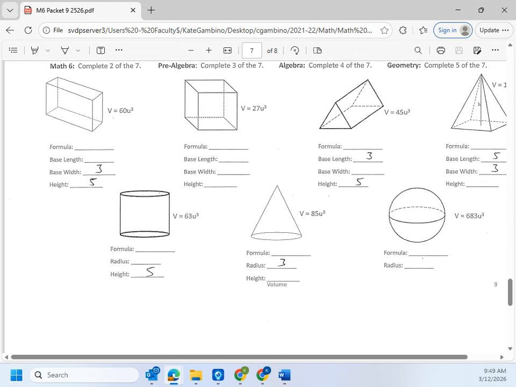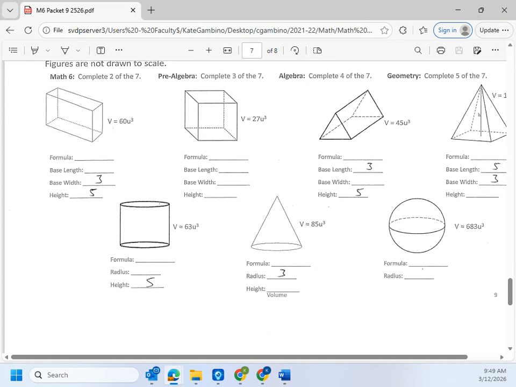On this page, it is just like the one in our last packet, except we have different volumes. The formulas stay the same, okay? It's always length times width times height for a rectangular prism. He is giving us the width and the height, so you can do opposite operations to find that missing length. Okay, so if it's length times width times height equals your volume of 60, do opposite operations, divide it out,